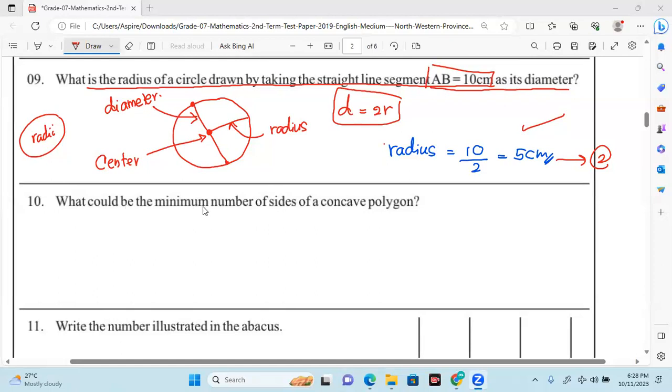Okay, what could be the minimum number of sides of a concave polygon? How many sides can there be for a concave polygon? What is meant by a concave polygon? A concave polygon means a polygon which has at least one interior angle greater than 180. That means it consists of at least one